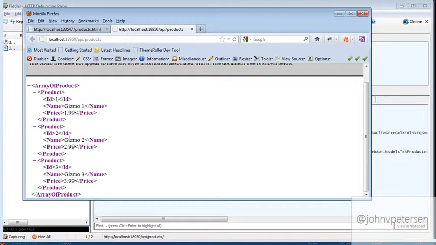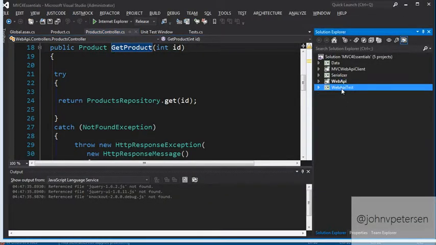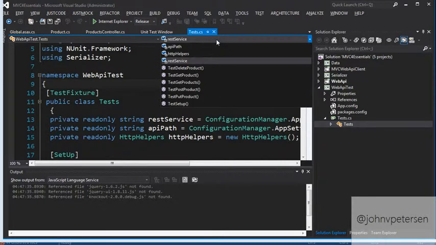Now, at this point, we're dealing with this web API in a very, very raw fashion. Over on the Visual Studio side, you may remember another project that was sitting in there called Web API Test. To make it easier for you to see how all this stuff works, I've created a test fixture that basically exercises the web API: delete product, get products, post product.